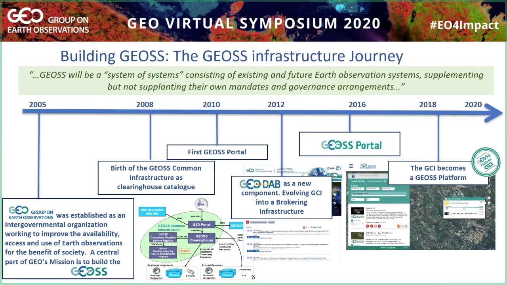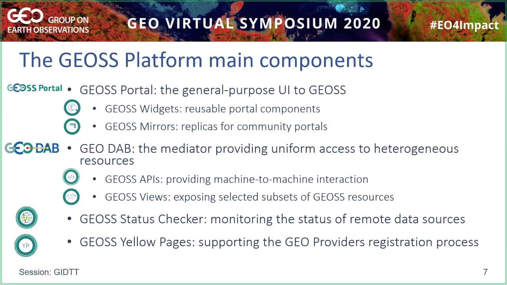So basically, the GEOSS platform main components are the GEOSS portal, which is the general purpose user interface to GEOSS, and it is developed as a framework including reusable portal components, so-called GEOSS widgets, and also the capability to generate mirrors that are replicas of the portal for creating tailored community portals. The Discovery and Access Broker is the mediator, providing uniform access to heterogeneous resources. It also exposes application programming interfaces for machine-to-machine interaction, and it also implements GEOSS views, that are the possibility to expose selected subsets of GEOSS resources for